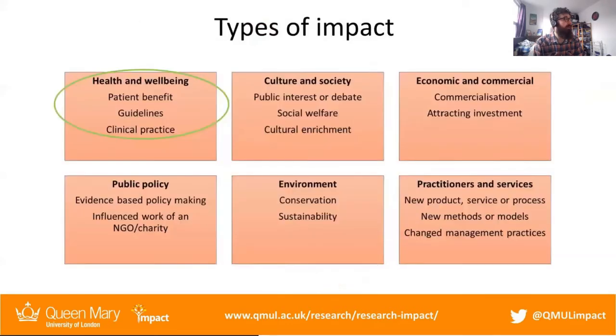So, next slide. Types of impact. I've circled health and well-being as the primary type we're going to talk about today, but I've also included the others, because I still think there's a lot of interrelation. I can't speak for all institutions and organizations here, but in the new year at Queen Mary, for sure, we've been looking more towards interdisciplinary and multi-themed research projects. And it becomes more and more relevant knowing these different areas in which you can potentially intersect across research.